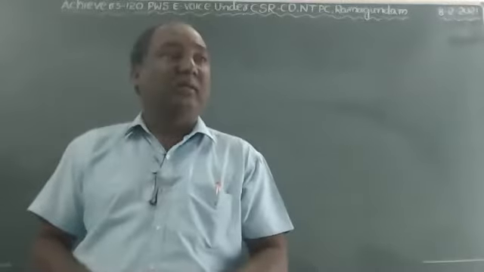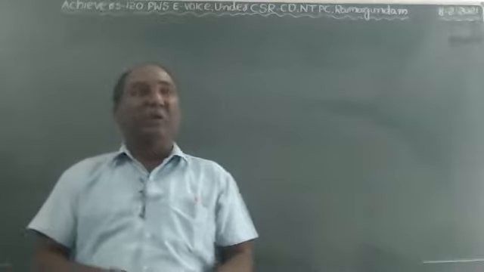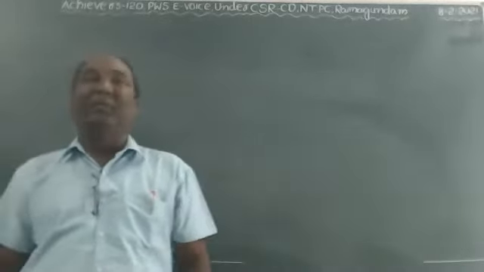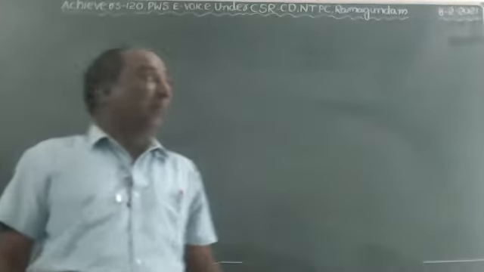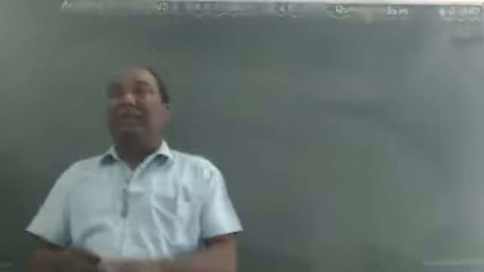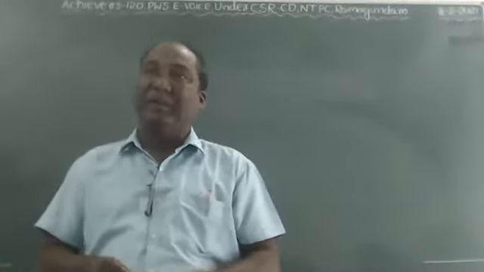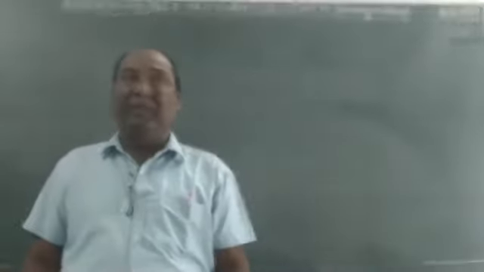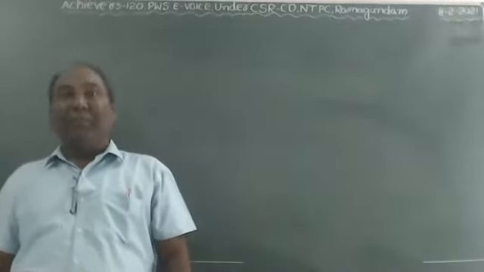Yes, today's topic is Mendeleev's salient features. Yesterday we completed the Mendeleev periodic table, and today's very important topic is the salient features of the periodic table. Before that, Mendeleev's periodic table is based on atomic weight. We know very well it consists of 8 groups and 7 periods. Every group consists of subgroups, which are considered as A and B.